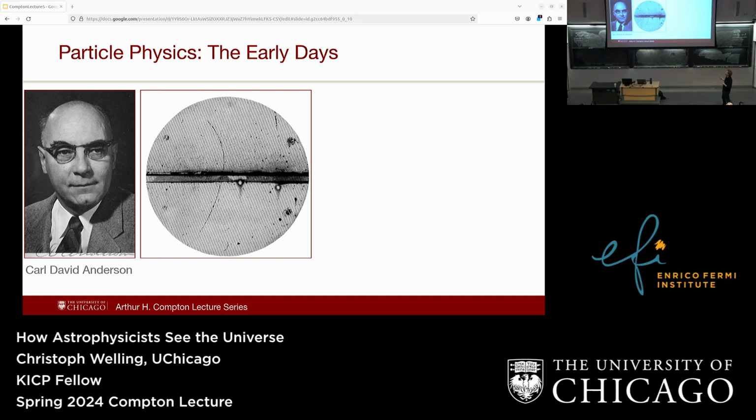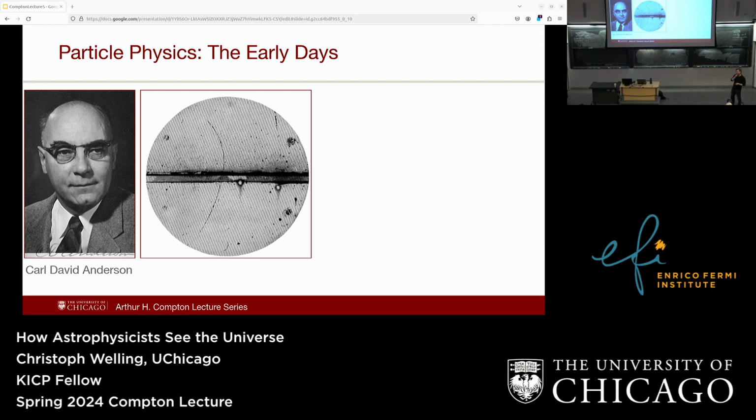And from the direction it's moving, you can see that it has the opposite charge of an electron. So in principle, it could be a proton, but a proton would actually leave a much, much larger trail here. The thickness of the trail looked more like an electron. So this looked like an electron with an opposite charge, which now we call a positron. And he got a Nobel Prize for this, together with Victor Hess, interestingly.